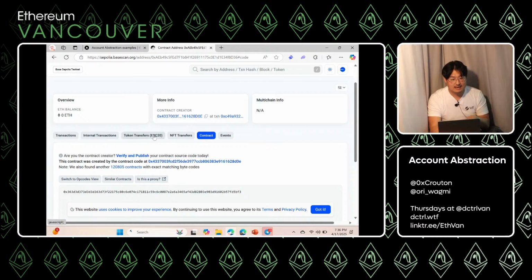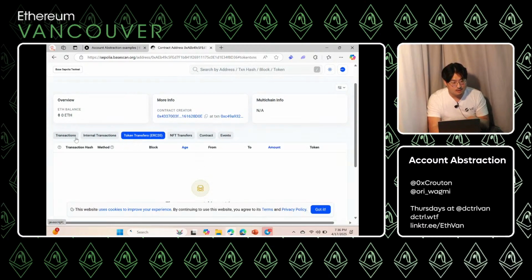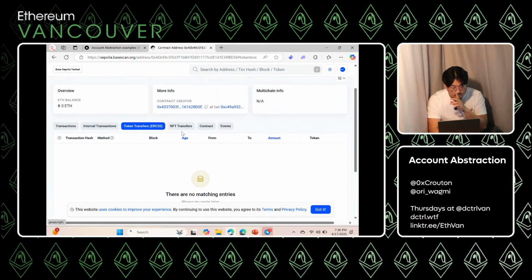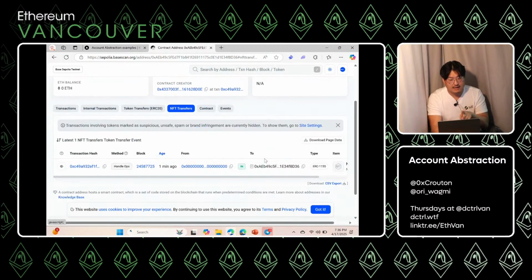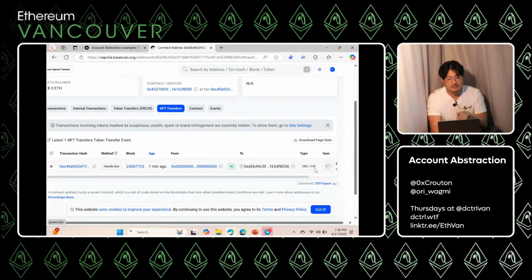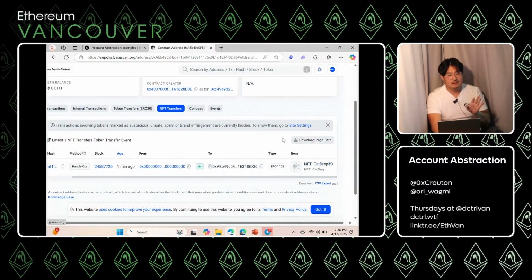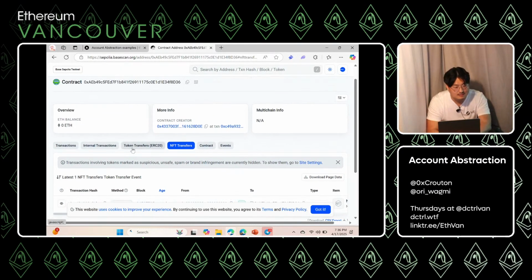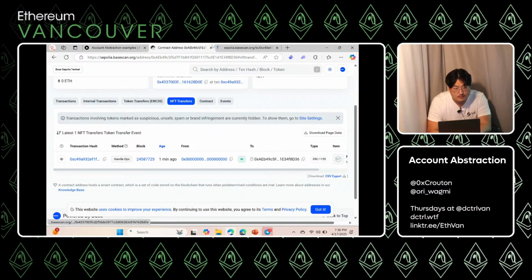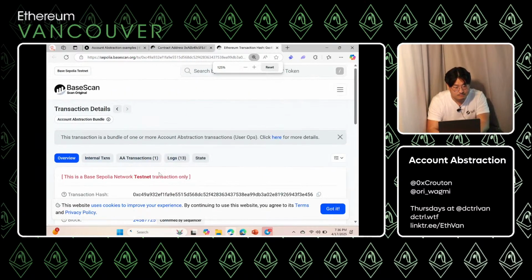So this now has, for example, probably needs to refresh here, right? It has an NFT. So this was that ERC 1155, that cat drop. My smart contract now owns an NFT, and that was great. Let's look at what happened inside here.